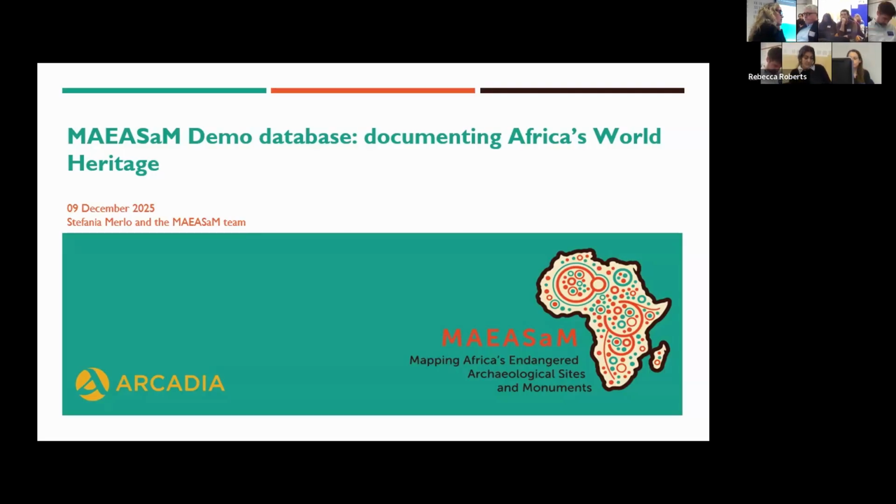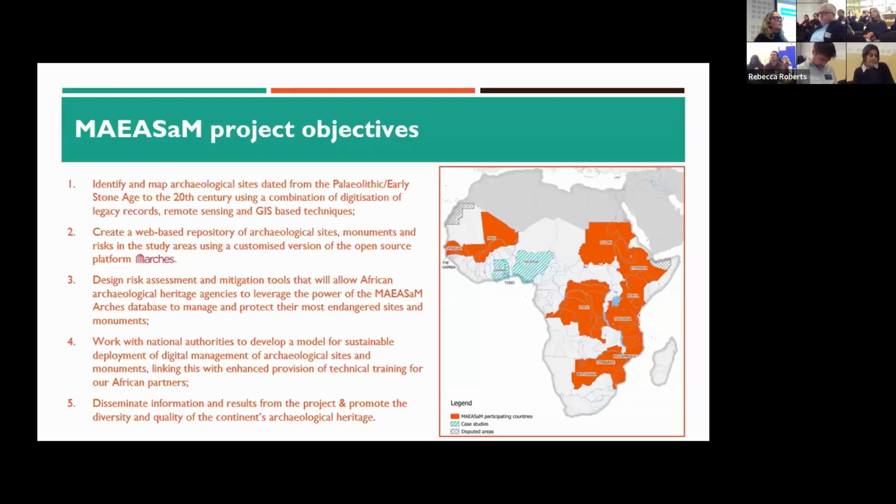So I'm going to give a first, hopefully quick example of how we've done this with our project, which is about mapping Africa's endangered archaeological sites and monuments. And I will start with a little bit of background because, as it's already been repeated more than once, Arches is a framework that you can use, but then you can adjust to very different needs of different communities, okay? And so we thought it would be important to situate the work that we're doing within the community that we're working with. So both our project and the MAEASaM project that we'll present later are funded by Arcadia, which is